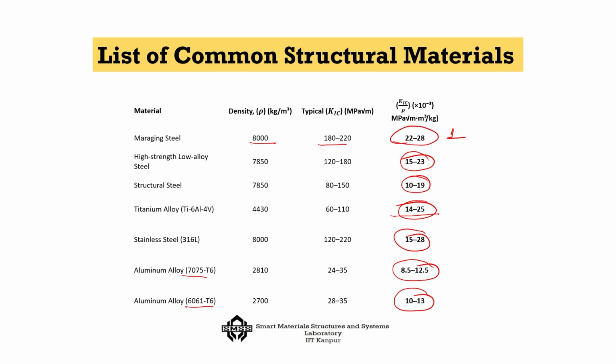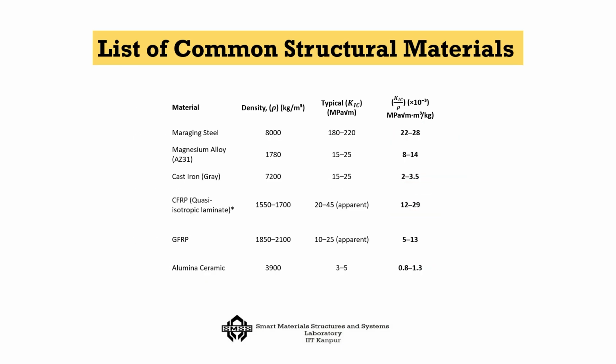when you are inserting a prosthetic inside the body, you cannot take a chance that it suddenly breaks due to fracture. So, that is why it is so important. And also because it is KIC over rho, so it is lightweight, at the same time it has high fracture toughness. Now, if you look at some more material in the list, so I have just kept maraging steel for